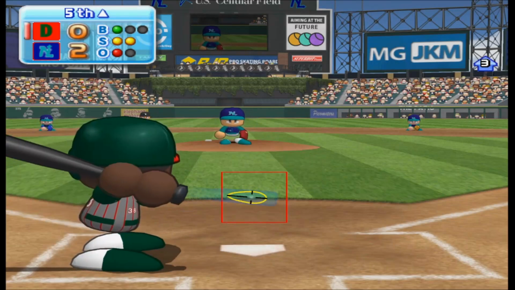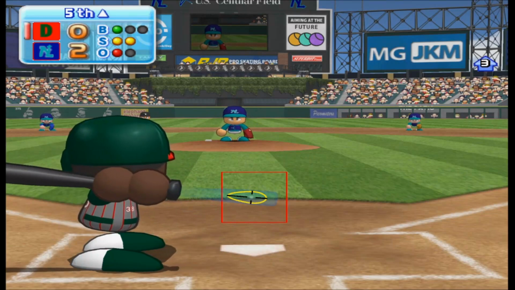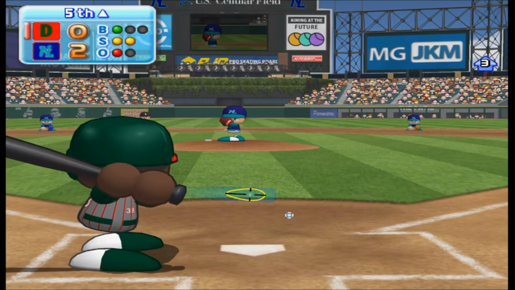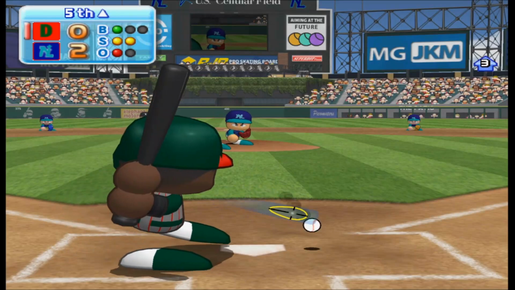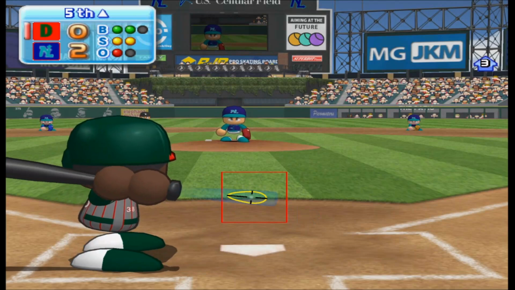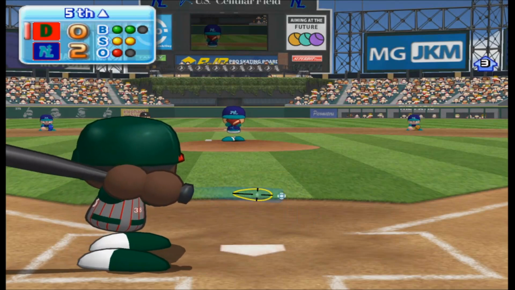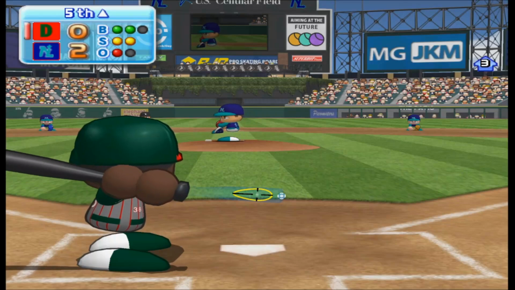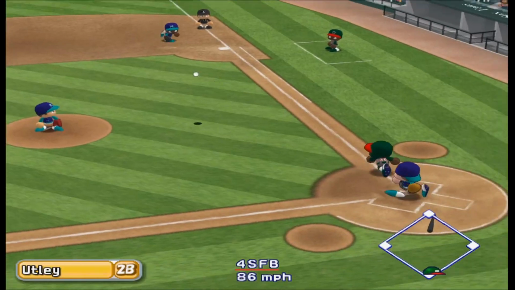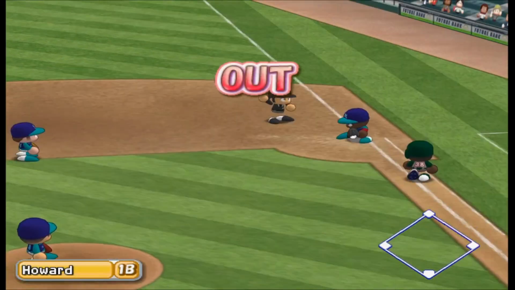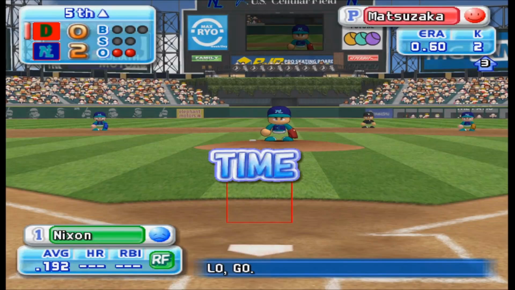Strike. Count 2-2. The count is even. Here comes the next pitch. He makes contact. Thrown to first. Out. 2 away. Ozuna grounds to second and is retired.